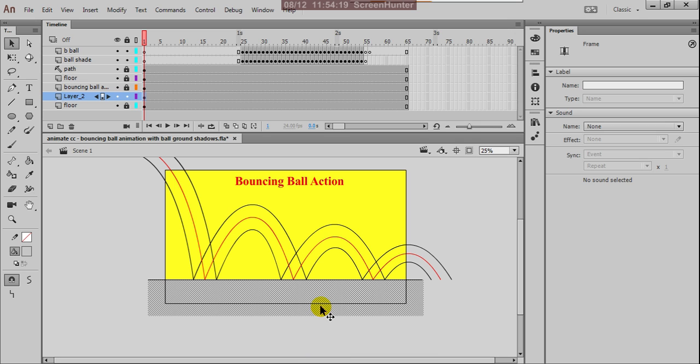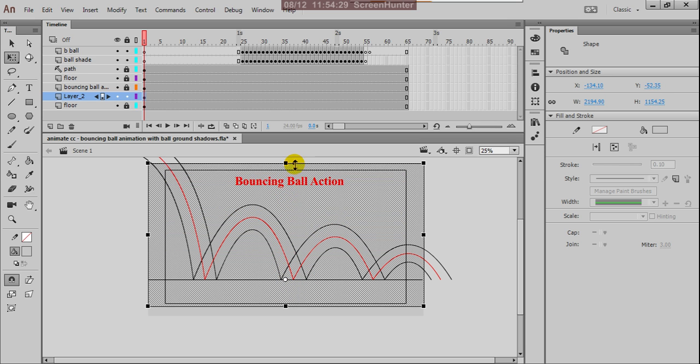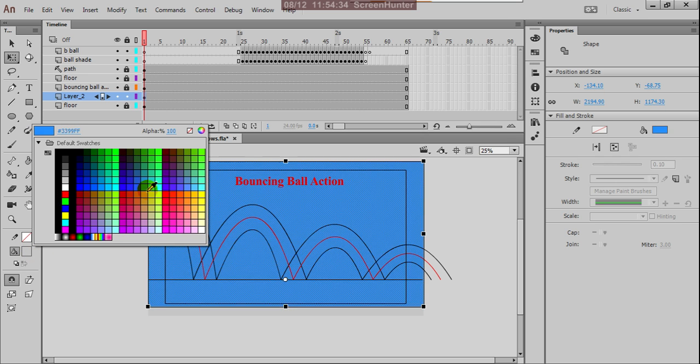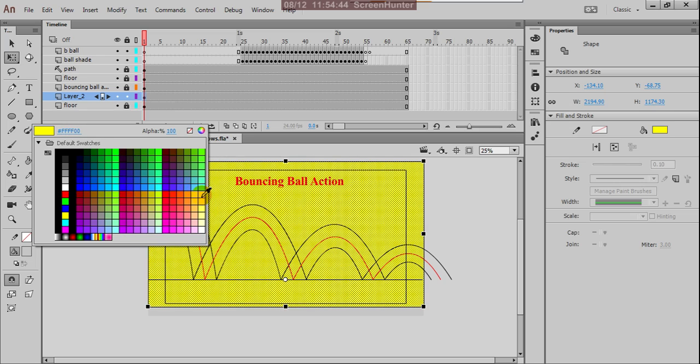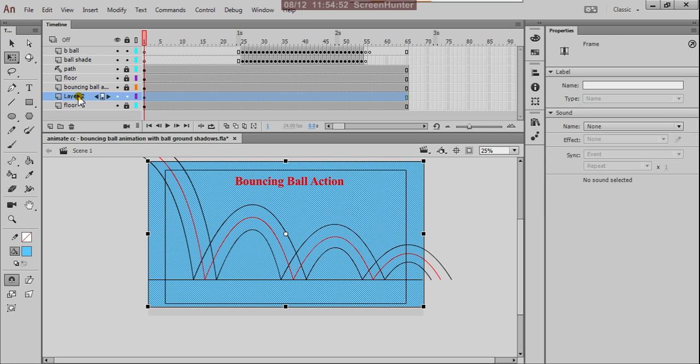Okay, and now what we do, you can increase this. This can be in a different color. Suppose this. This can be down and this can be up.